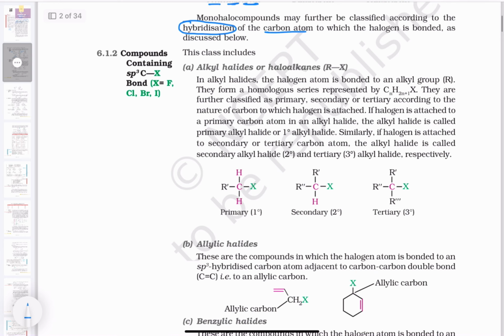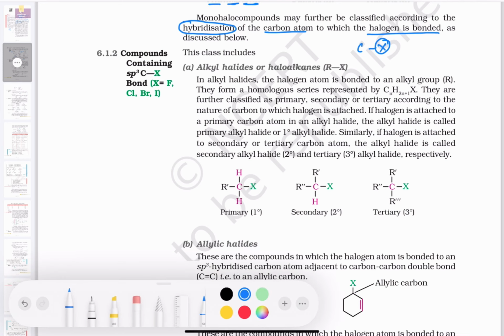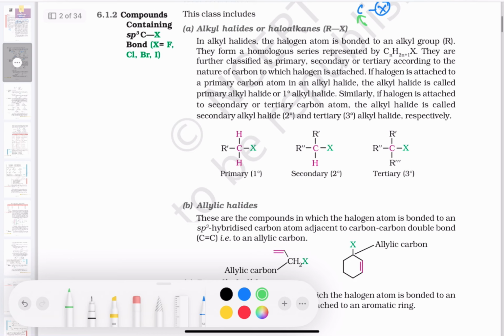So this can be classified according to the hybridization of the carbon atom to which the halogen is bonded. This halogen is bonded to this carbon atom, so what will be the hybridization of this carbon atom? This is the important thing. The compounds containing an sp3 carbon, like this carbon, which is sp3, bonded to a halogen group,